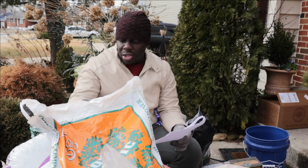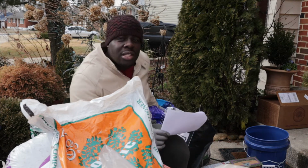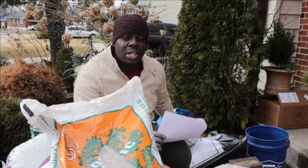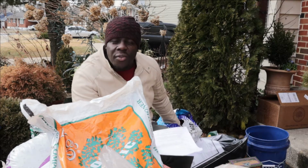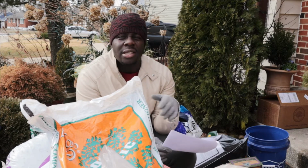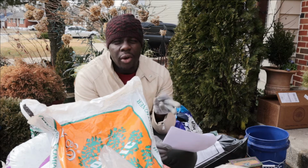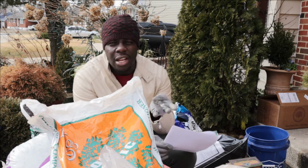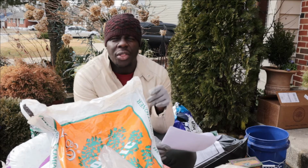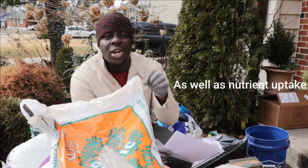So the mulch and the soil conditioner, I'm going to give you close-ups on all of these things as I get ready to dump them in. These are mainly for aeration and drainage, and most of the things that I'm going to be putting in are for aeration and drainage. So everything that goes into planting mix is meant for one of three things. It's either going to add to the aeration and drainage, it's going to provide nutrients, whether macro or micro, or it's going to help with the roots being able to penetrate the soil and establish